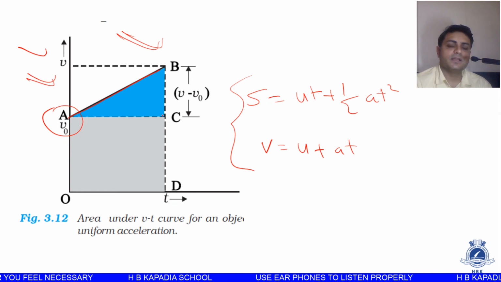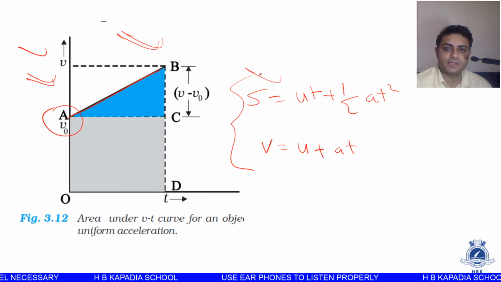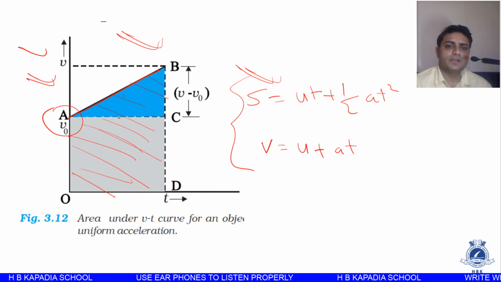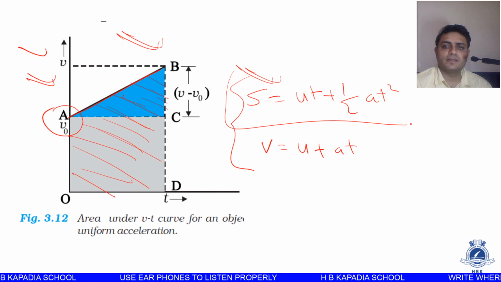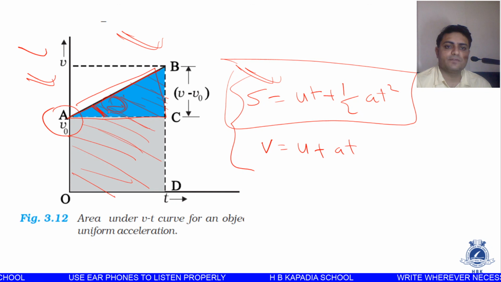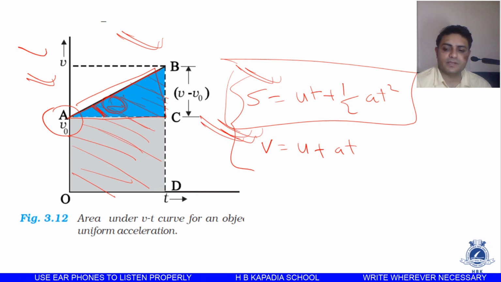Next lecture we are going to study this graph in detail. We'll derive this equation, s is equal to ut plus half at square. It's quite simple. You can even derive it right now by pausing the video and finding out the area of this portion which I have shaded. If you find out the area, you will get this equation. And if you find out the slope of this graph, if this angle is considered to be theta, and you find out tan theta, you will of course get this equation. It is very, very simple. We will derive it in the next lecture.